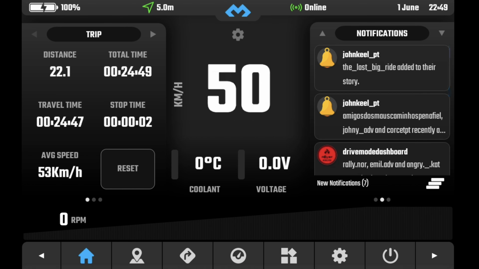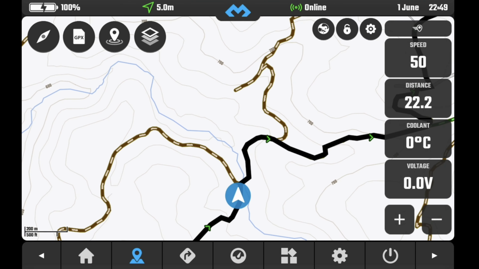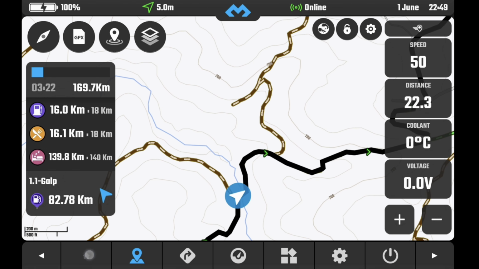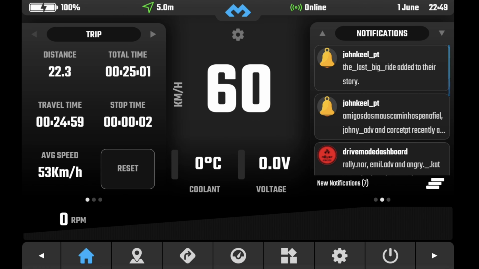I would probably ride most of the time like this, because the only useful information that might make me want to jump from the map to the home screen is the full trip data and then my notifications list. But for this notifications list, what I usually do on a trip is I filter out which apps I want